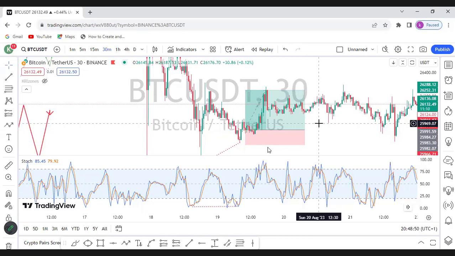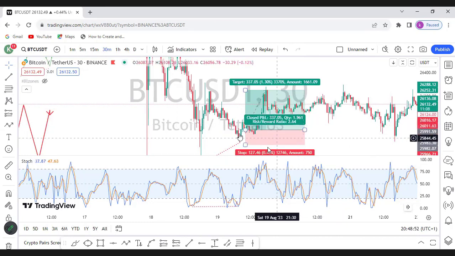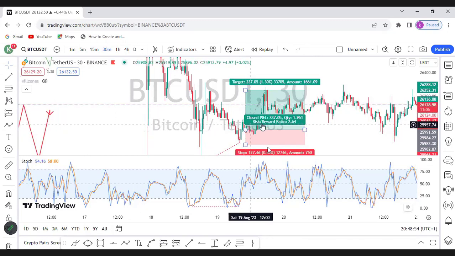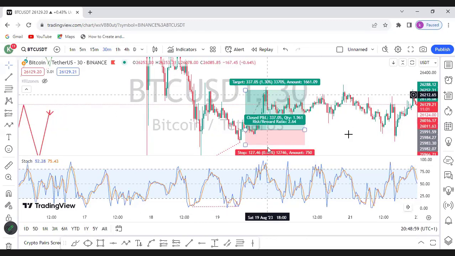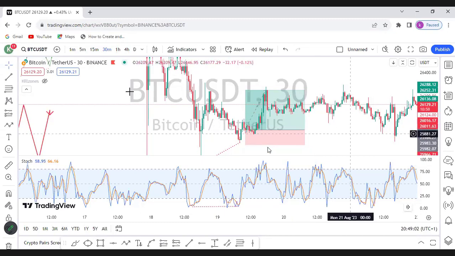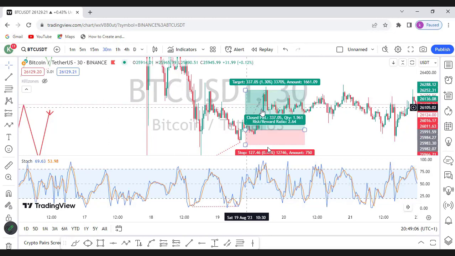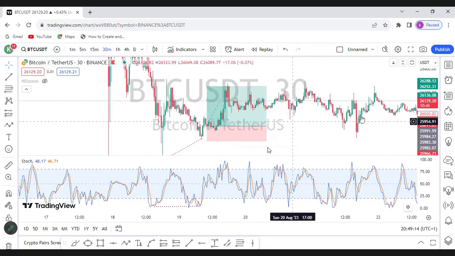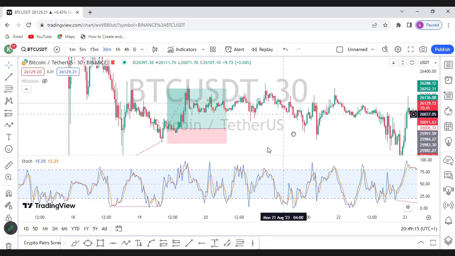Now, at this level, we have the market retracing back into that region that I pointed out, and then what do we have? A bullish sentiment, right? On 30 minutes, remember. And this trade lasted for just a few minutes. And then you can see how it played out. This is a very good 1 to 3 trade, right? I will show you another example